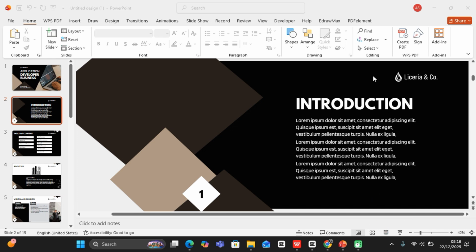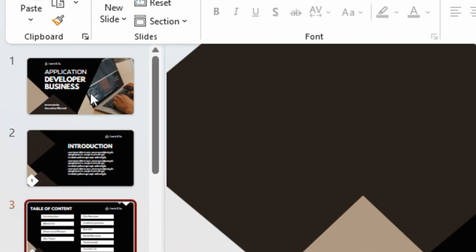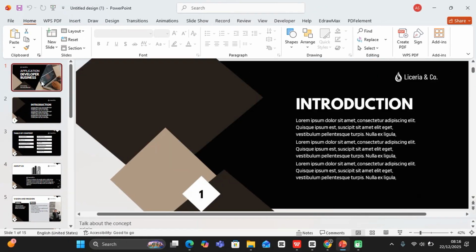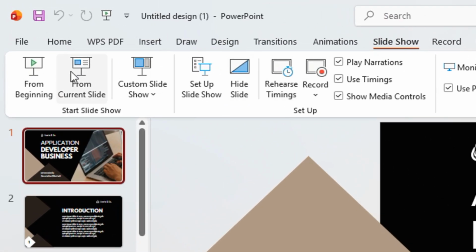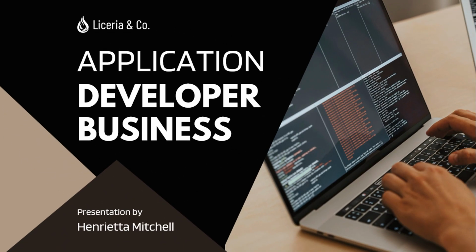Okay, so let's start. Assuming I'm on my PowerPoint slide right now and I have this project, I have like 15 slides over here, and I want to start my presentation from the beginning. As usual, I can come to Slide Show, and then you can go to Start from Beginning, and now you are in your slideshow mode. The first thing you need to notice is that as you hover over your slide,